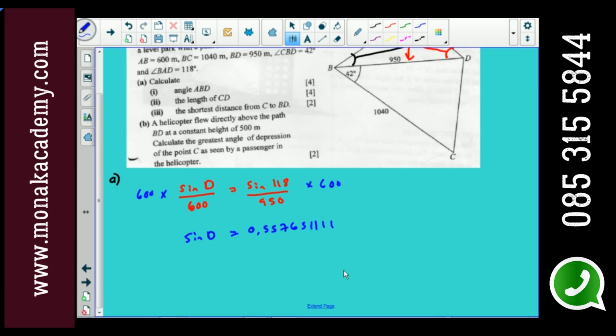So at the end of the day, once you reach this stage, and remembering that you want the size of angle D, and I like representing the angle with the angle sign on top to show that we're talking of the angle, it will be the inverse of sine for that number,